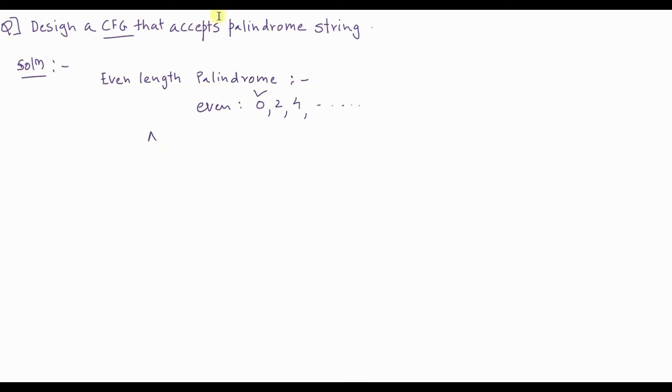So if you ask me for the minimum possible even length palindrome, the minimum possible string will be null. So if you start from the start symbol, null should be accepted. So this is a production for the minimum string.